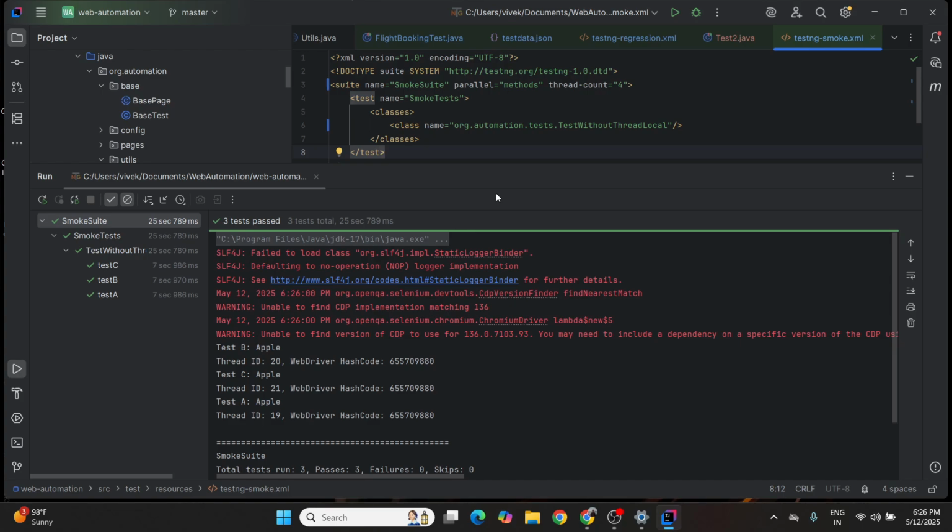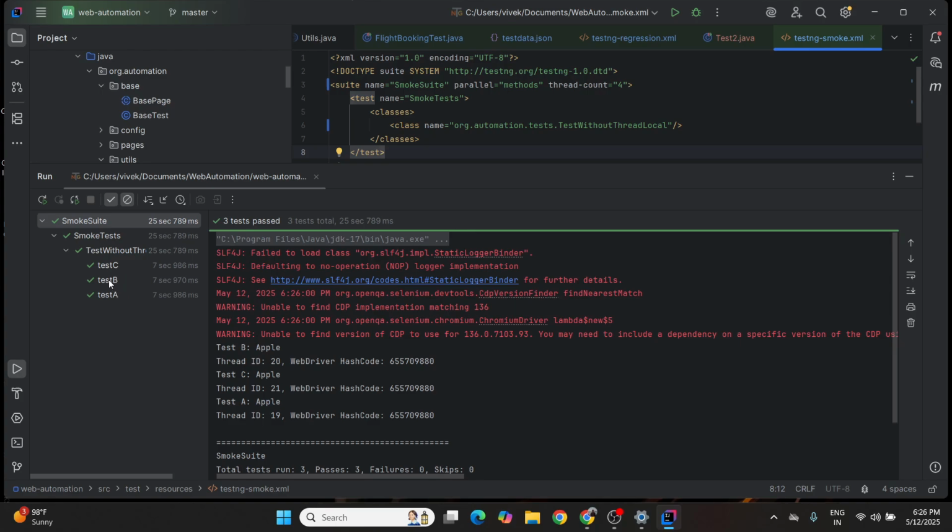executed multiple test methods in parallel, it did execute it, but every test case that was executed hampered the previous test case. I was supposed to wait on apple.com for 5 seconds, on Google for 5 seconds, on Amazon for 5 seconds. But here if you see, test C was executed first. So test C was Amazon. So first Amazon was open, and then it basically switched to test B, and then it switched to test A without waiting for those 5